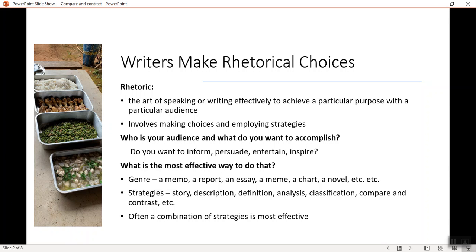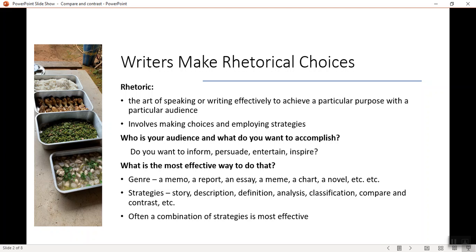And you first need to decide on the genre. Are you going to write a memo, a report, an essay? Are you going to craft a meme, develop a chart, write a novel? It all depends on what your purpose is. And within those purposes, there are going to be certain strategies that you use. And these are the rhetorical strategies that we've been